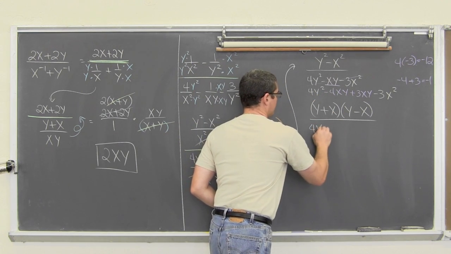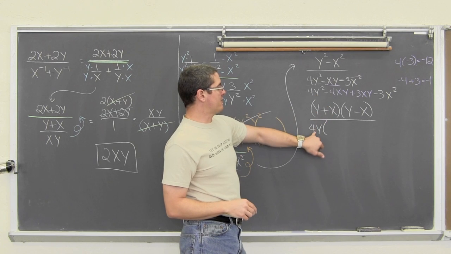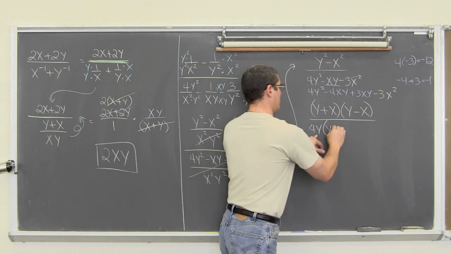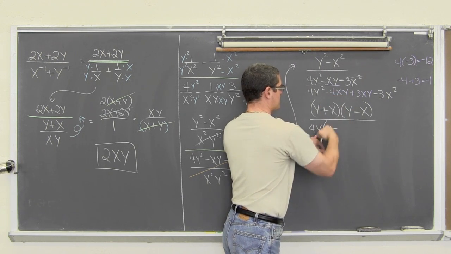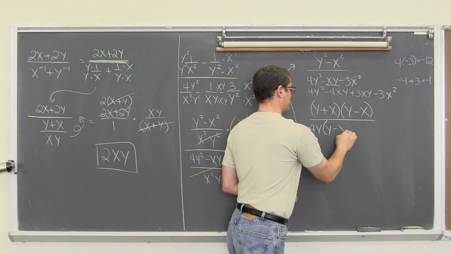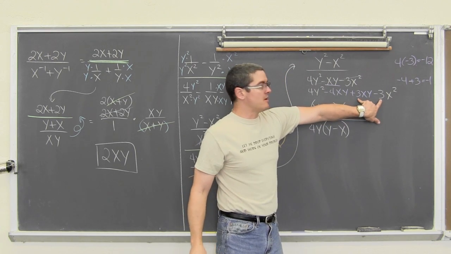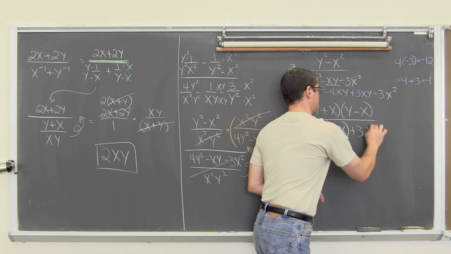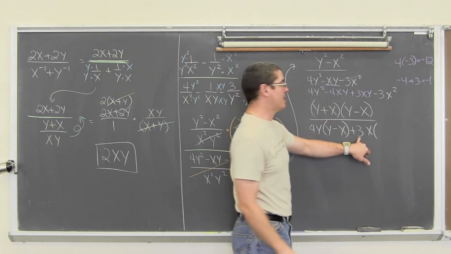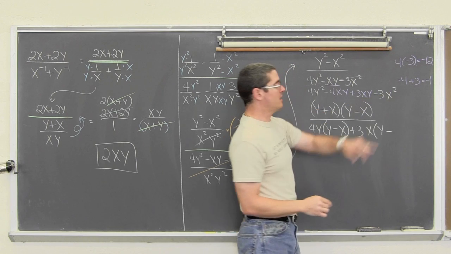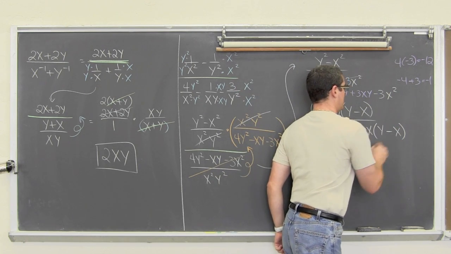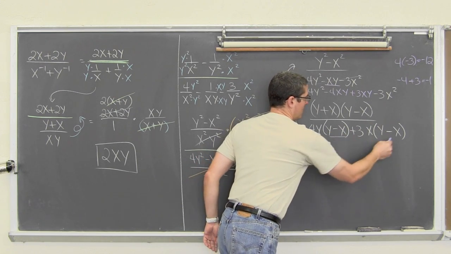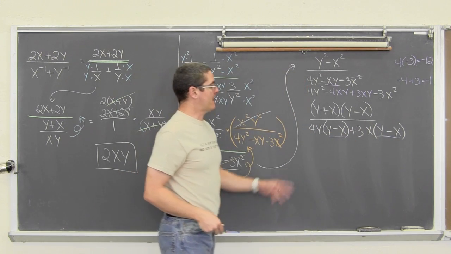So we have 4y times 4y squared divided by 4y is y, and 4xy divided by 4y is going to be minus, the 4 divided by 4 is 1, the y's are going to cancel out, so we just get minus x. Out of these last two terms, they can both give up a 3. They can both give up an x, and 3xy divided by 3x is y, minus 3x squared divided by 3x is equal to x. Now we have that common factor showing up that we hope for when we factor by grouping, and that is the y minus x.